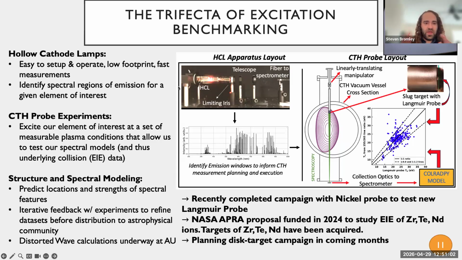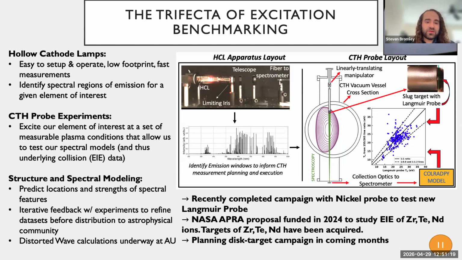We then work out where that ion is emitting, and once we know where it's emitting, then we go on to a larger experiment here in our department called the compact toroidal hybrid. This is a cross-section view of this device. This is a hybrid stellarator or tokamak device. And the idea is quite simple.